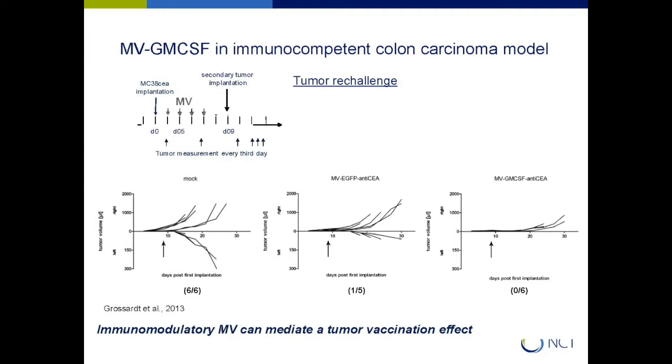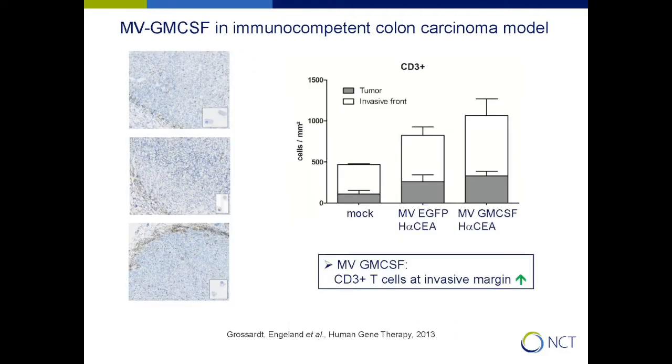We analyzed this further by implanting tumors on both the left and the right flank of mice and treating only one side of the tumor, either with mock treatment, the control virus, or the GM-CSF encoding virus. And what we saw was that in the mock mice, tumors grew on both sides. In those mice treated with the control virus, tumor growth was delayed on the contralateral side, but still both tumors